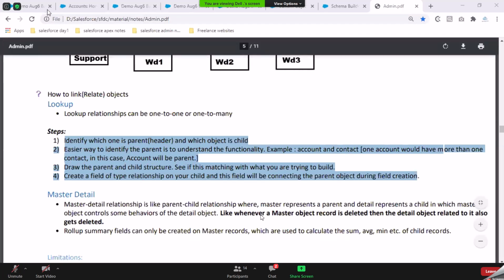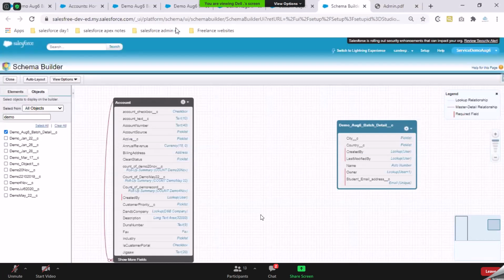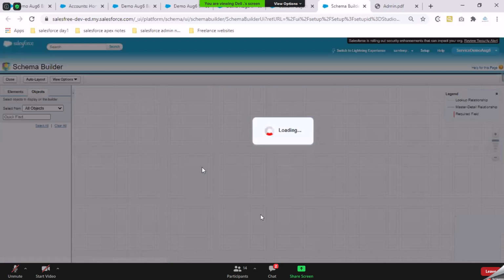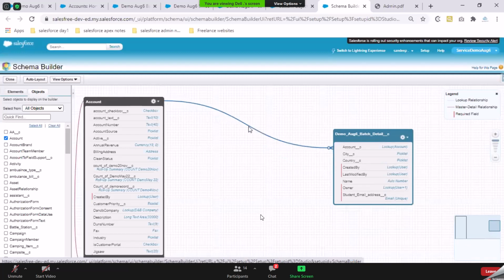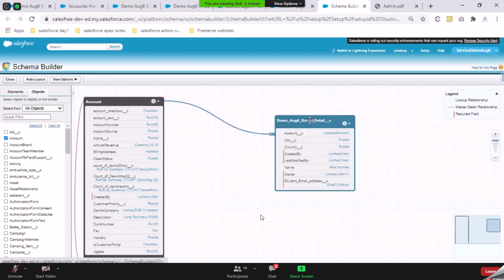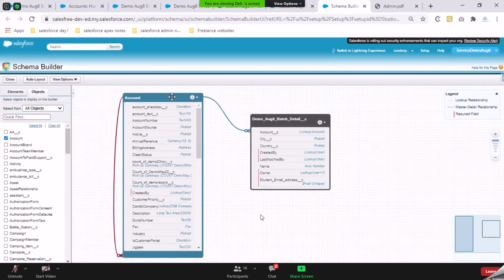All right, maybe that makes sense. Maybe I'll show it now. People who have already dropped off, I'll do it in Monday's class as well. If I refresh the screen, see, there is a link that has been created. This link is nothing but a lookup relationship. Earlier, these two things were two different entities. Now they are connected. I'll come back to this point in Monday's class, and we'll see what would happen if I change this relationship to a master detail relationship.